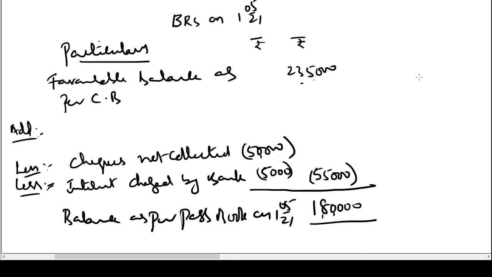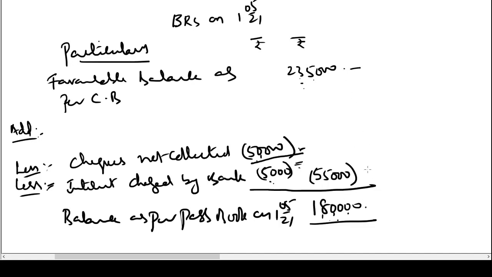So we started with the cash book balance and we said that because of these two reasons the cash book was showing a higher balance. If you nullify their impact, we'll arrive at the passbook balance. This 50,000 was recorded as a deposit in the cash book, whereas the same was not recorded in the passbook. So if I reduce this amount from the cash book, I should arrive at the passbook. This withdrawal was recorded in the passbook but not recorded in the cash book. So if I record this withdrawal in the cash book, I should arrive at the passbook balance. So now I arrive at the passbook balance. Now the balances are reconciled.